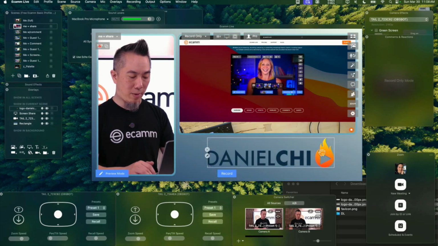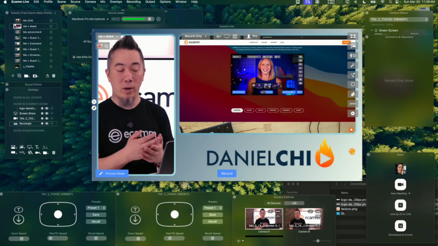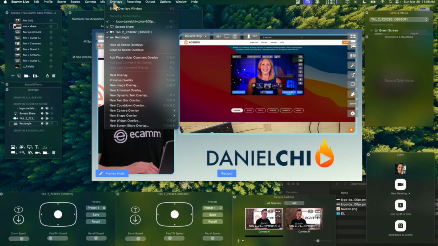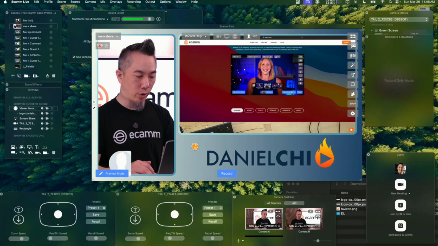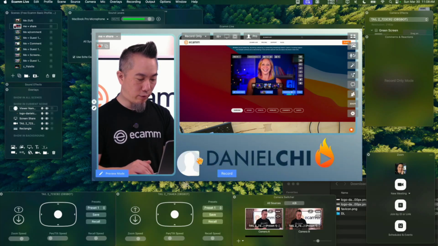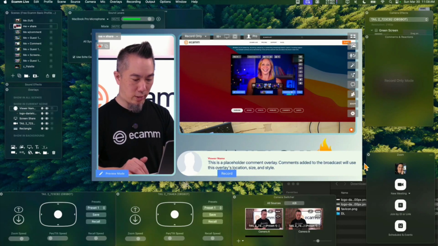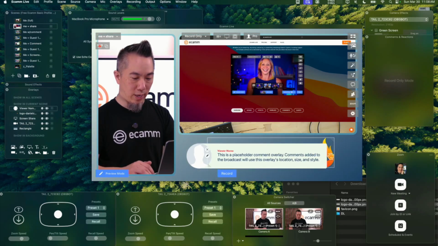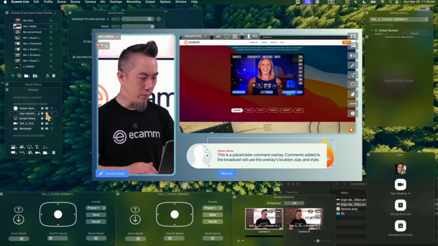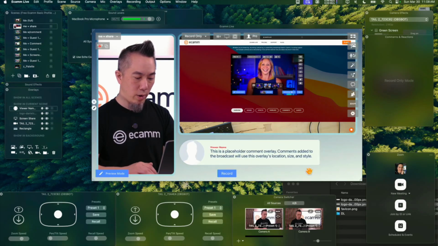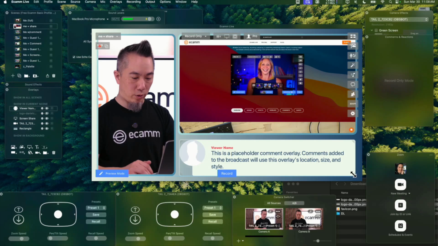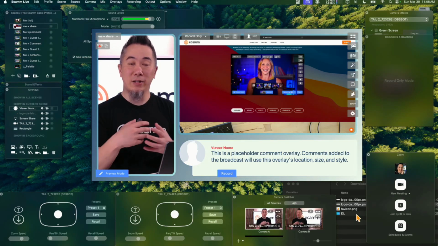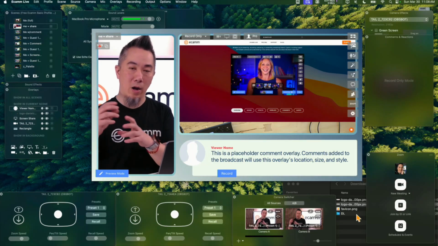So you could make any changes. You can really put anything that you want down there. You can even add a comment overlay if you'd like to by going to overlays and then add placeholder comment overlay, and that's over here. Now that has been shrunken, and you could do something like that if you'd like. So instead of the logo, I can hide that logo. And if you want to do this for a live stream, you can go ahead and add a placeholder for a comment. So whenever somebody does comment on your live stream, you can click on that comment